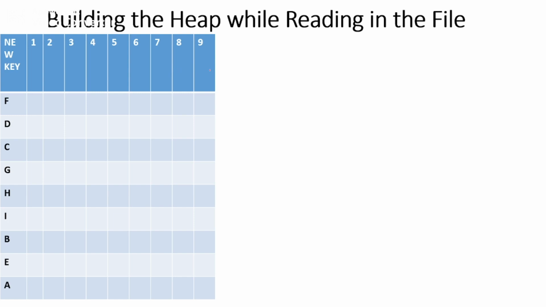So the first element I am going to insert is F. So I will write here the selected heap in tree form. So let us build the tree and let us write the sorted element here. Now the new key entered is F. So in the first step I will enter F.